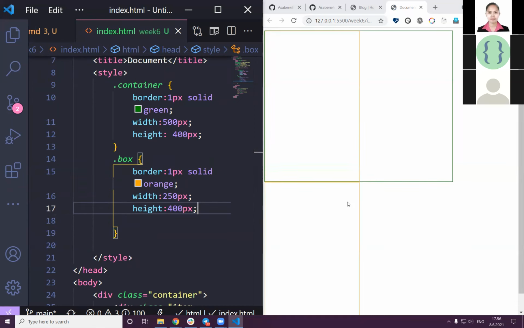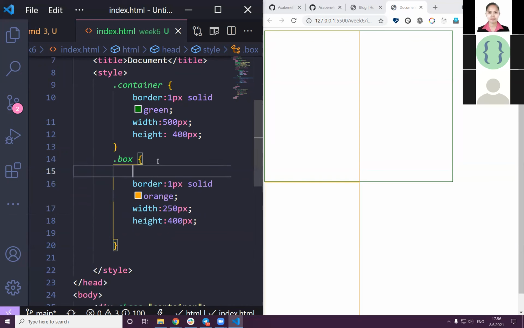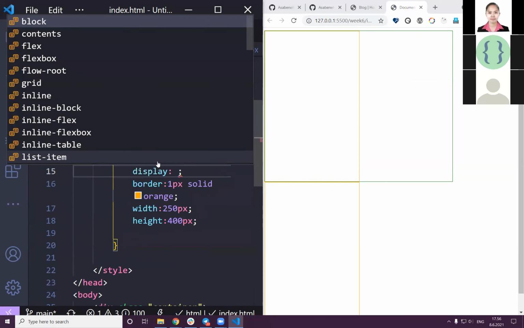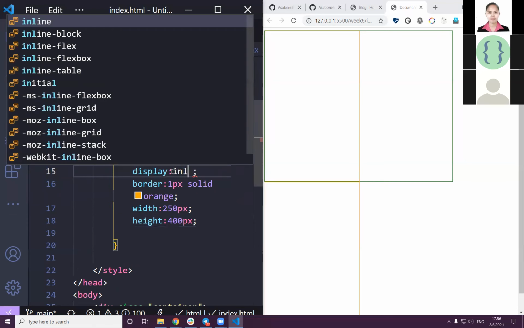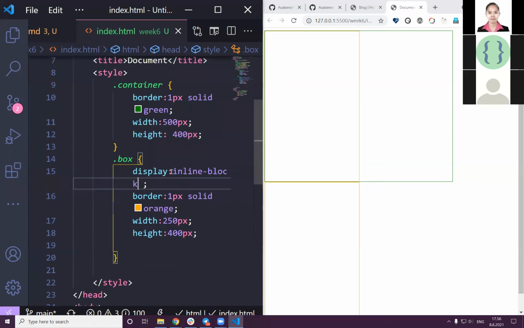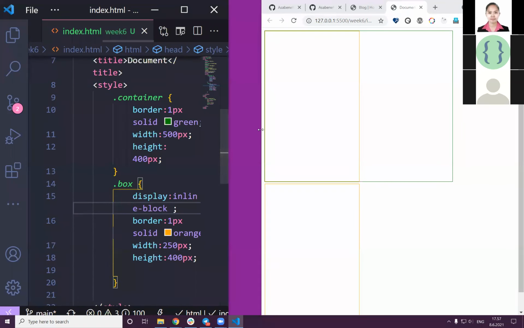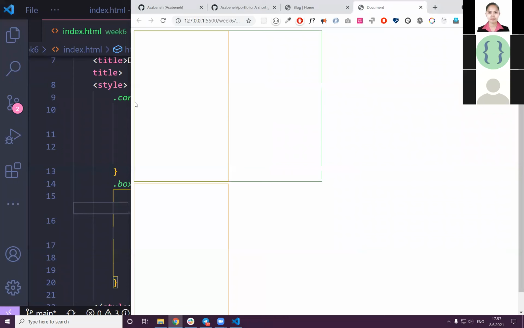Yep, but as you can see, one of the boxes is here, the other box went away from the parent container. So the display should be, do you remember display? What display should I have to give it? Inline block. Yeah, the inline block should make it fit here, but as you can see, it didn't fit